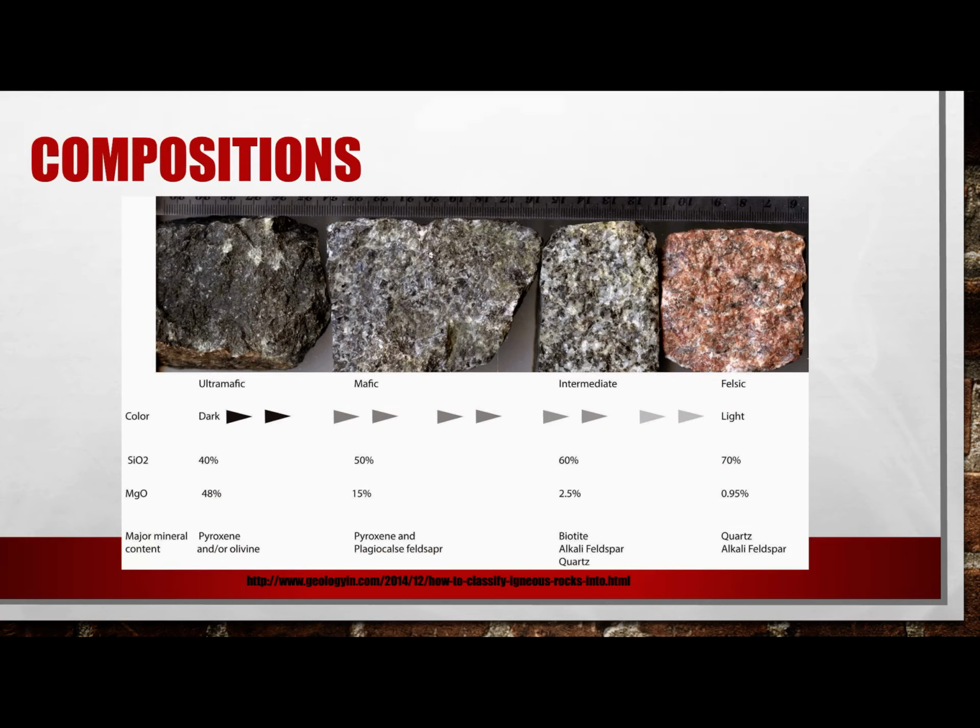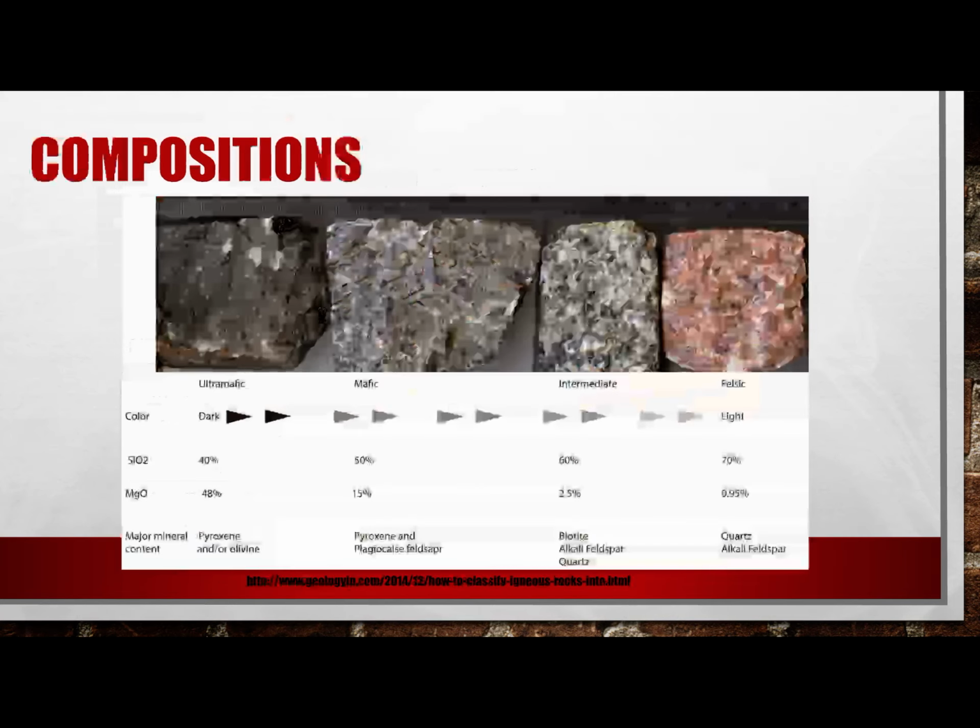For composition, felsic over here tends to be the lighter colors. They tend to have more silica and they tend to have lower concentrations of heavy metals like magnesium and iron. Mafic, going down to this side of things, tend to be much darker. They tend to have less silica and more metals. So your famous types, mafic, you're looking at basalt, gabbro. For felsic, you're dealing with any number of things, but granite especially, but also pumice, obsidian, one we talked about before.